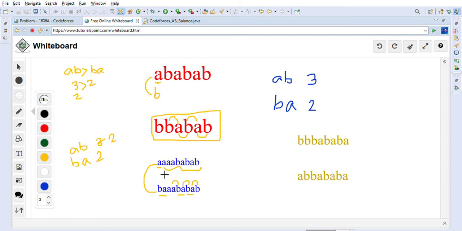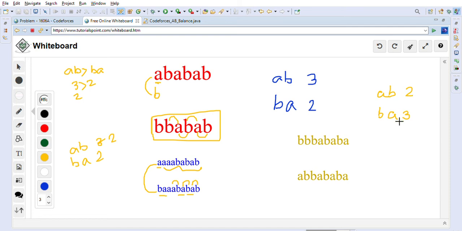So we have to always find out if AB is greater than BA, and that is one logic, and the other logic is if BA is greater than AB. So let's see if there is any example we have. So here there is 1 BA, 2 BA, 3 BA. So there are 3 BAs here, right? So I'll just write down here BA is 3 in this example, and AB is, if you see, one AB and two ABs. So only two ABs are there in this case.